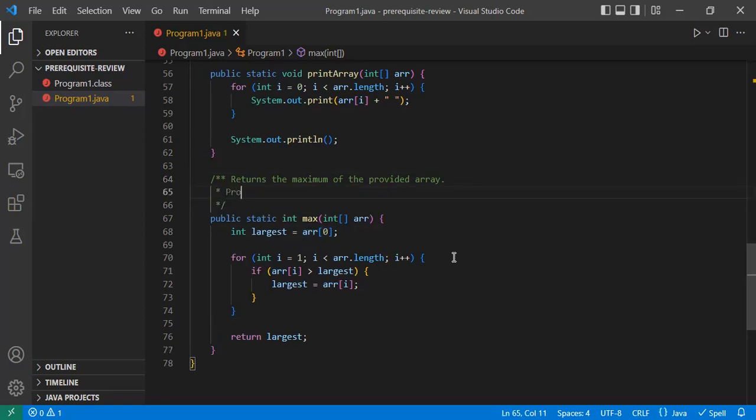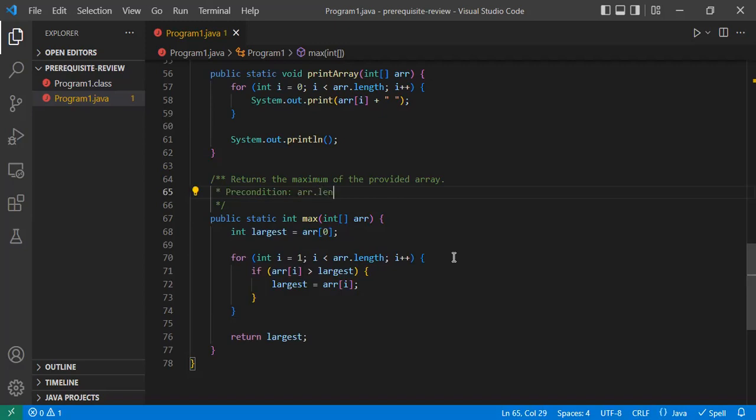I will say precondition. Now a precondition is something that needs to be true at the beginning of the method in order for the method to work properly. And for this particular method, the precondition is that